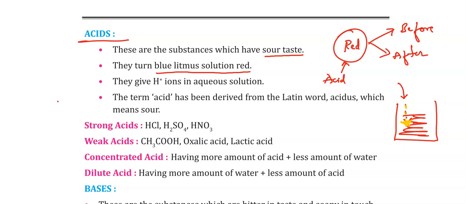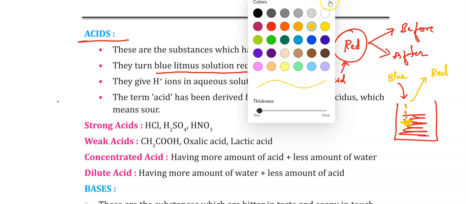As we can see, first it is blue in color. Assume the color of the litmus is blue. Once we dip that inside the solution, if it is changing into red color, now we can say that the given solution